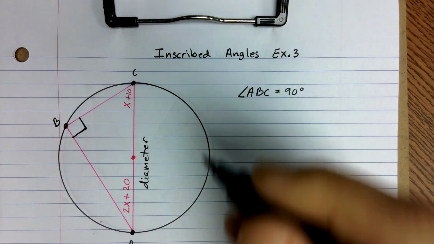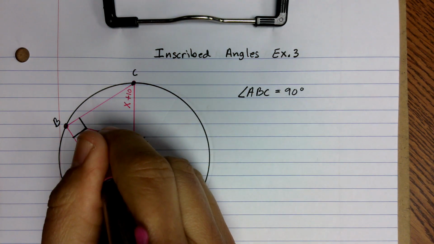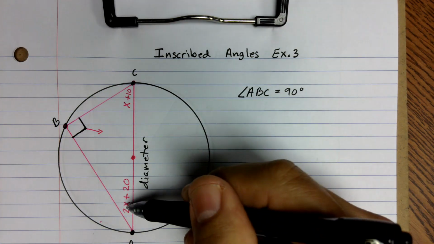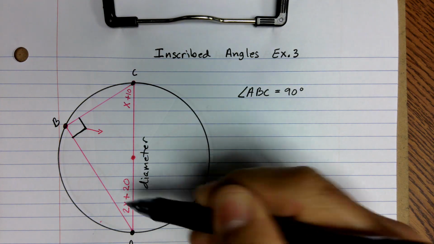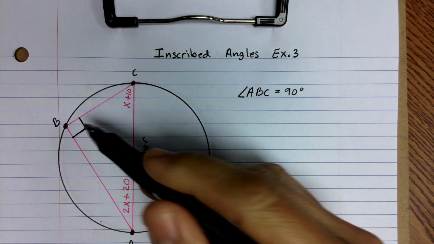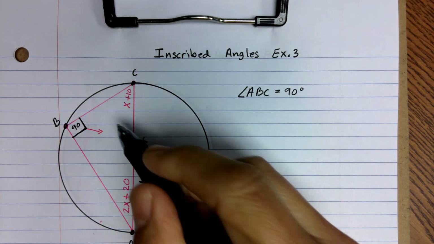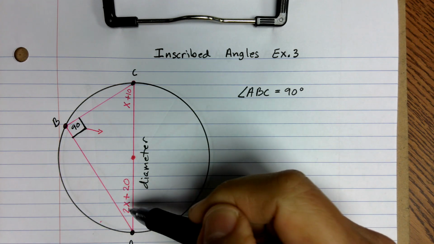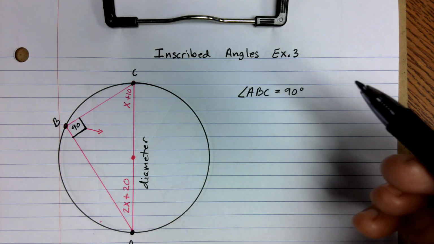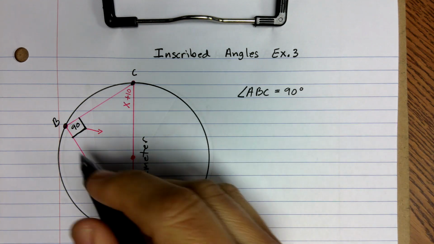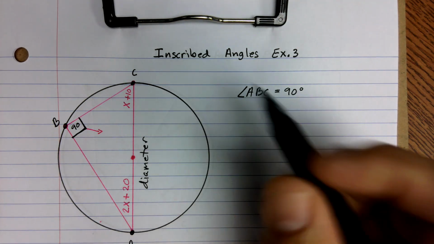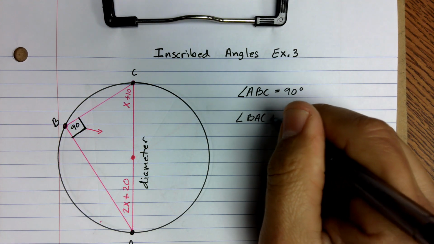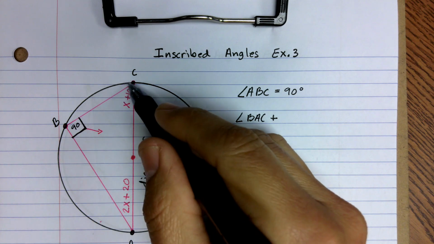Now, it's also going to be the hypotenuse, right? Because the hypotenuse is directly across from the right angle. In this situation, these other two angles must add up to 90 degrees because this is a 90-degree angle right here, and in any triangle you have 180 degrees. So this 90-degree angle plus this angle plus this angle is going to be equal to 180. So therefore I'm going to just write this out. So angle BAC plus angle BCA